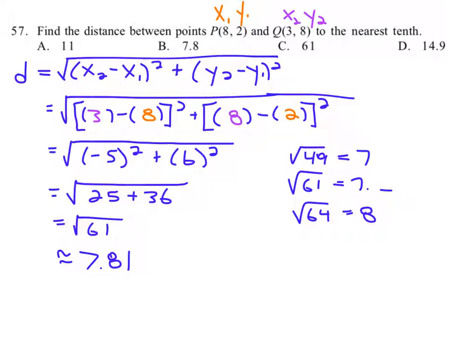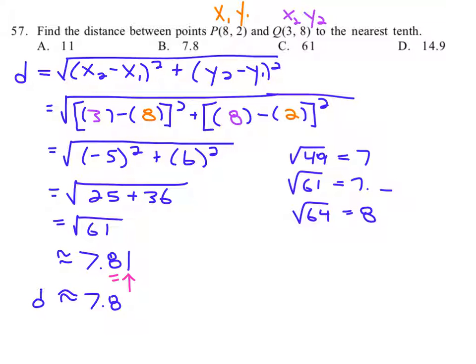approximately equal to 7.81. Okay, now why did I do it to the hundredth place if they want us to round it to the tenths? Because we're going to look, see what's one digit to the right of the space where we've underlined, which is what we're rounding to, and we see that there's a 1 there. That 1 means that we don't have at least half of another tenth, the unit next to it, okay? This amount doesn't count to at least half of one of these, and so we can't say this is enough to bump this up to 9 because it's half or more. So we end up rounding to 7.8,